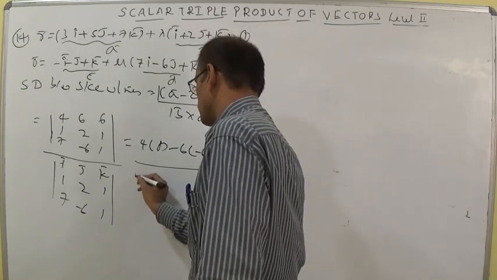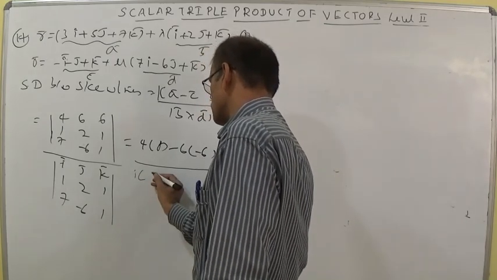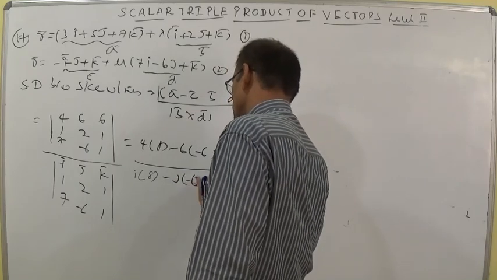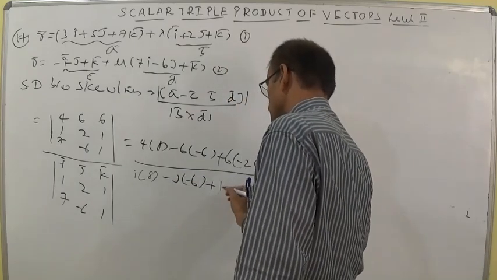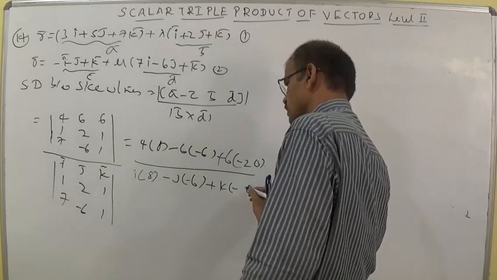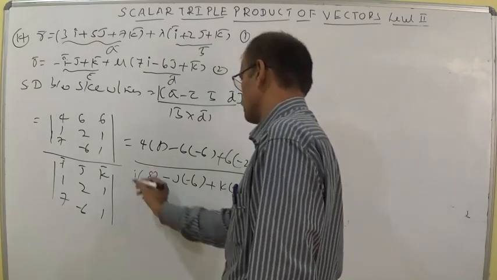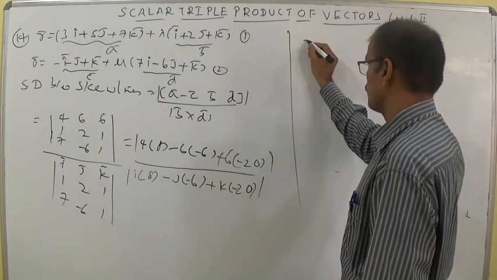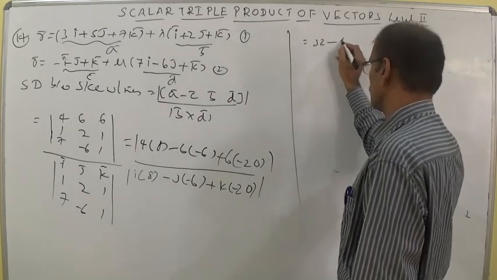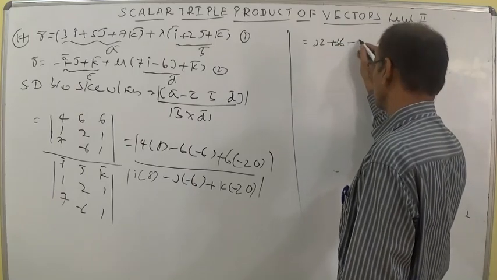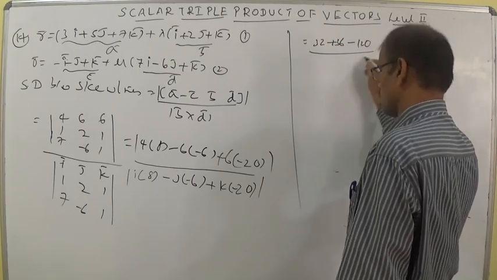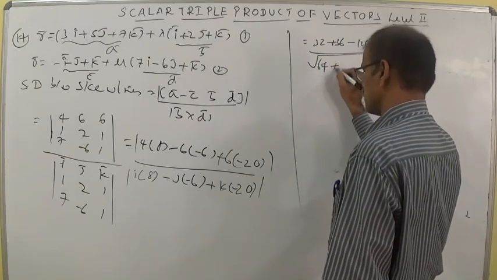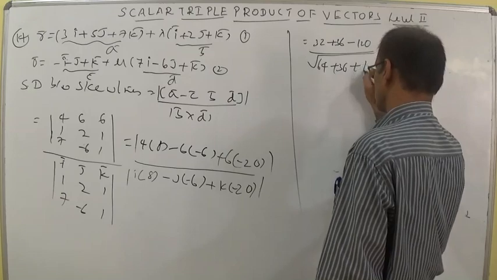Whole by i into the concept 2 plus 1. The same number we will get: 8, minus j into minus 6, and plus k into minus 20. Minus 6 minus 14 over, modulus we can take here. This is also modulus. We can write here 4 8s are 32 plus 6 6s are 36 minus, this is 120, whole by root of the magnitude 64 plus 36 plus 400.